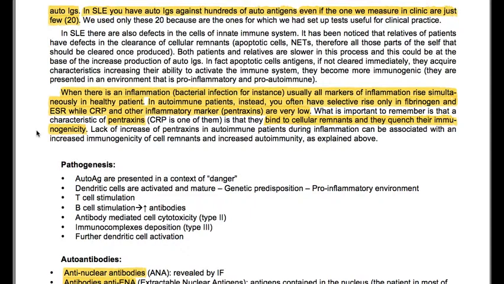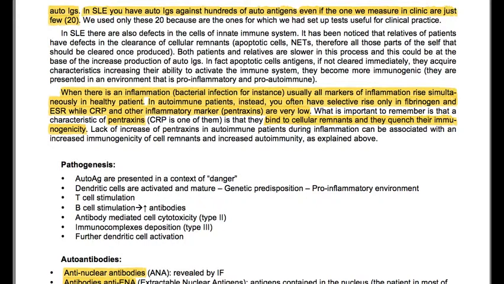In SLE, there are also defects in the cells of the innate immune system. It has been noticed that relatives of patients have defect in the clearance of cellular remnants, apoptotic cells, nets, therefore all those parts of the self that should be cleared once produced. Both patients and relatives are slower in this process, and this could be at the base of the increased production of auto-IgGs,